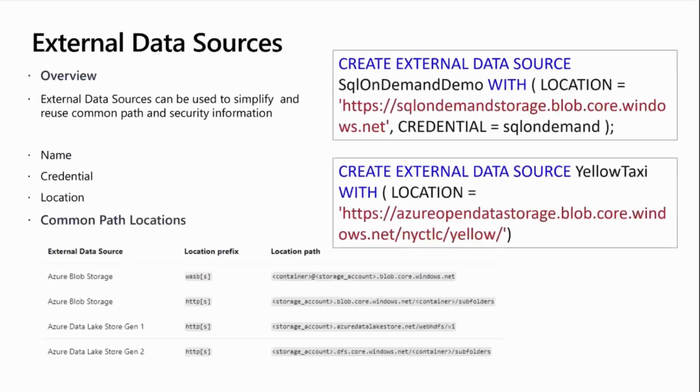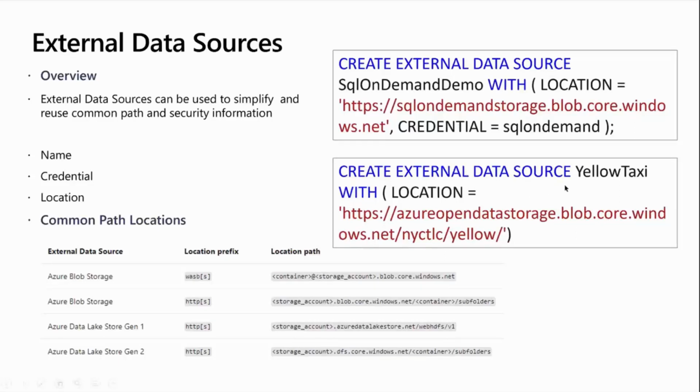So what we looked at earlier is we were actually using this external data source. So we specified just the rightmost piece of the file path, and we declared a data source. In this case, I have to preset that up. So what I'm doing is creating an external data source. I'm saying the location is this URL. So it's SQL on-demand storage.blob.core.windows.net. And then I'm doing a credential tag, and we'll look at how the credential works. If it's anonymous access, though, then we can just specify the URL and we don't need to provide the credential,